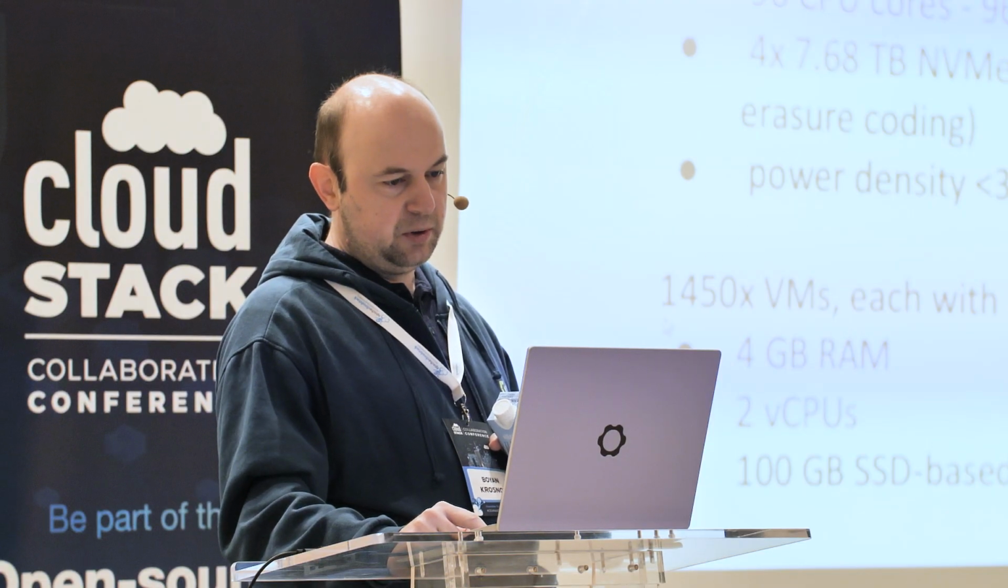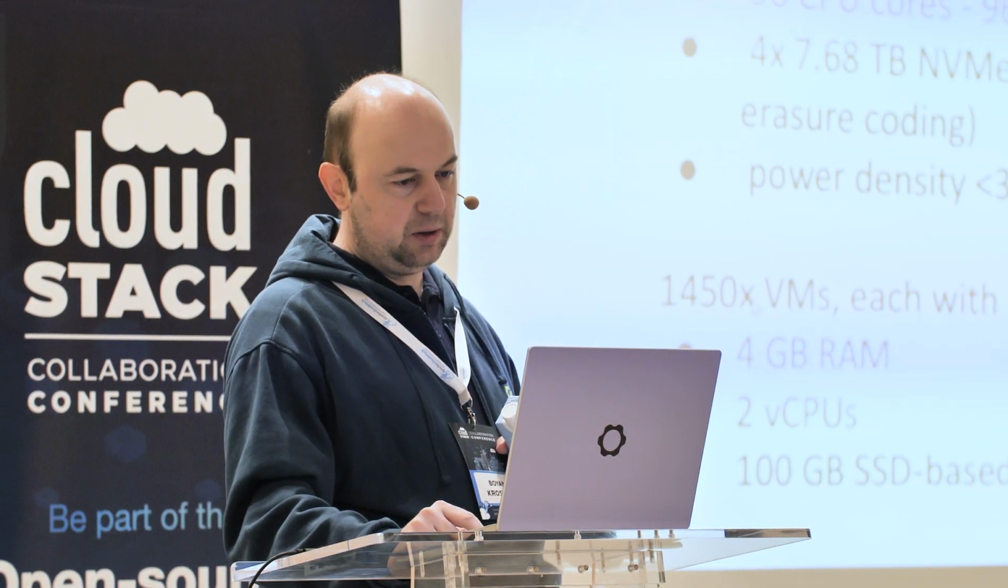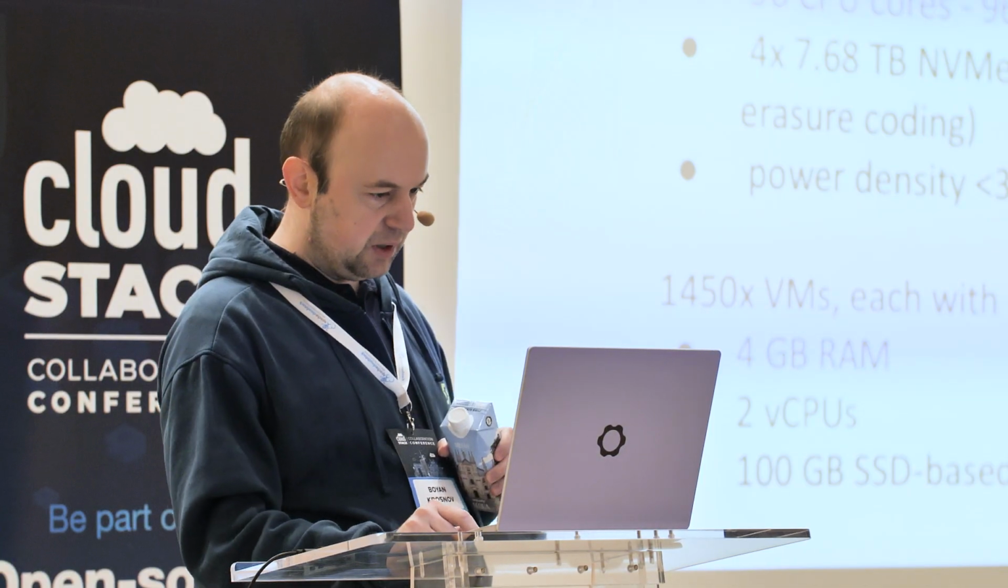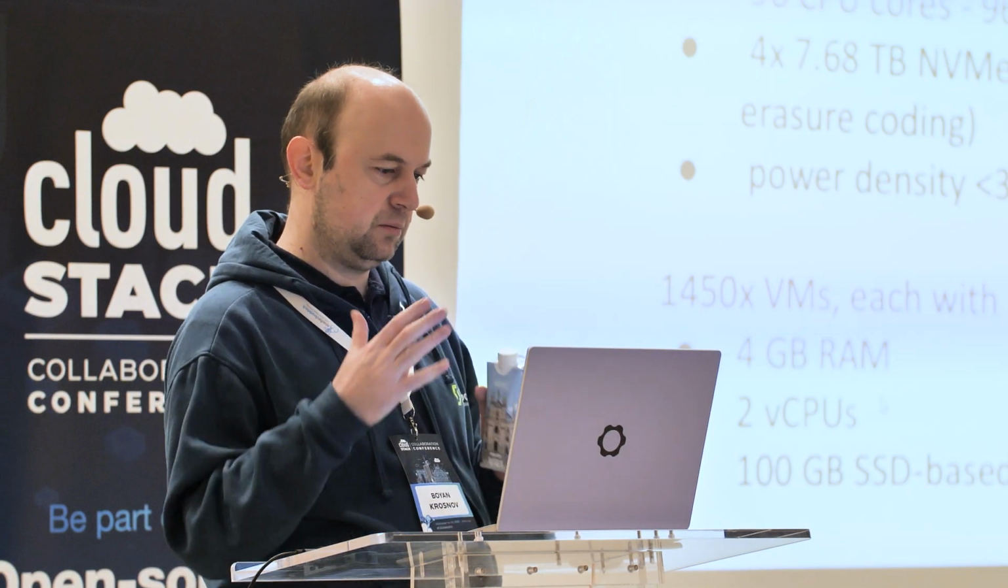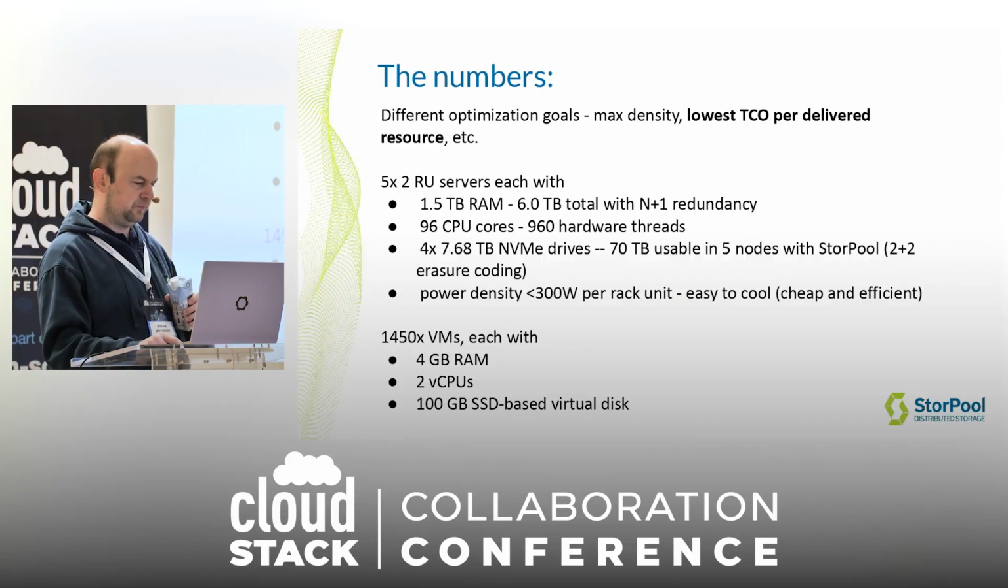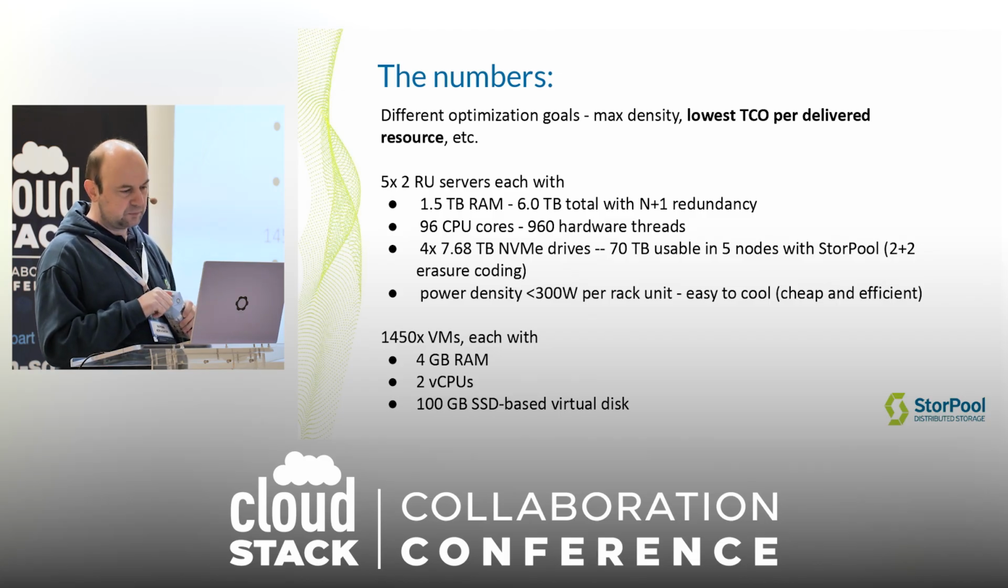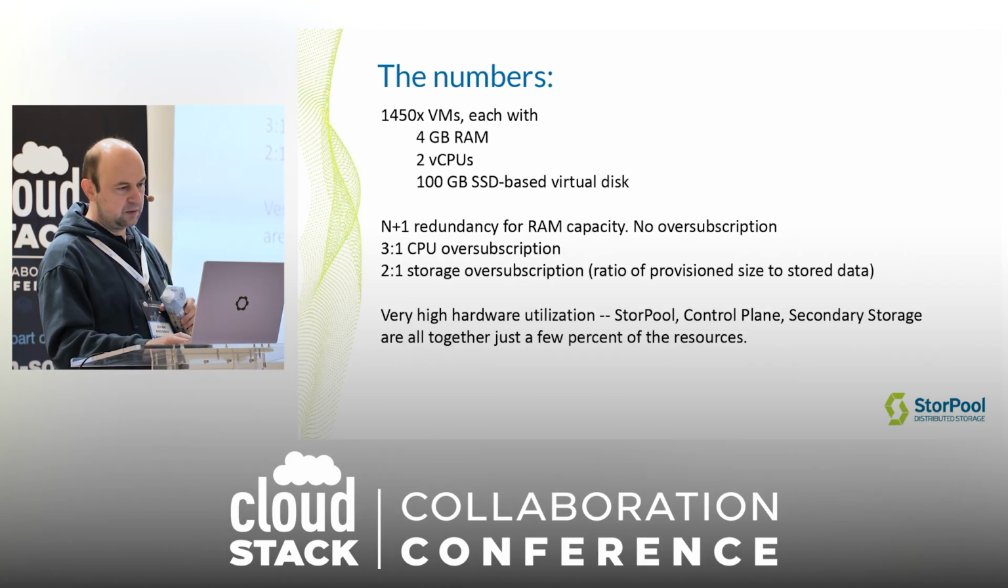In this setup, you could run 1,450 VMs with this kind of size. Obviously, if your VMs are twice as big, you'll run half of them or something. If they're twice as small, you run twice as many. Additional info about the VMs. Redundancy of memory is n+1 in this calculation. There is no memory over subscription, so all the memory is fully reserved, allocated. CPU over subscription is 3:1,